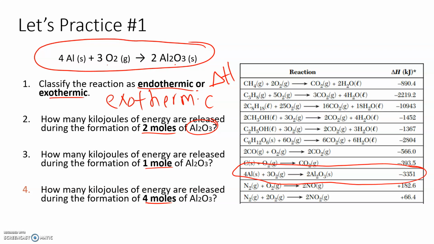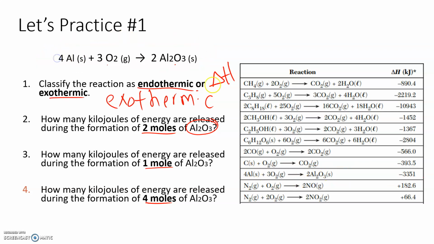Well, in order to answer this, I'm going to have to go back to that balanced chemical equation. This reaction is written to produce exactly 2 moles. That's what this coefficient means. 4 moles of aluminum plus 3 moles of oxygen make 2 moles of aluminum oxide. So since the amount of aluminum oxide I'm asked about is the exact same amount that the reaction is written for, I can take the value straight from Table I, which means that you can just say 3,351